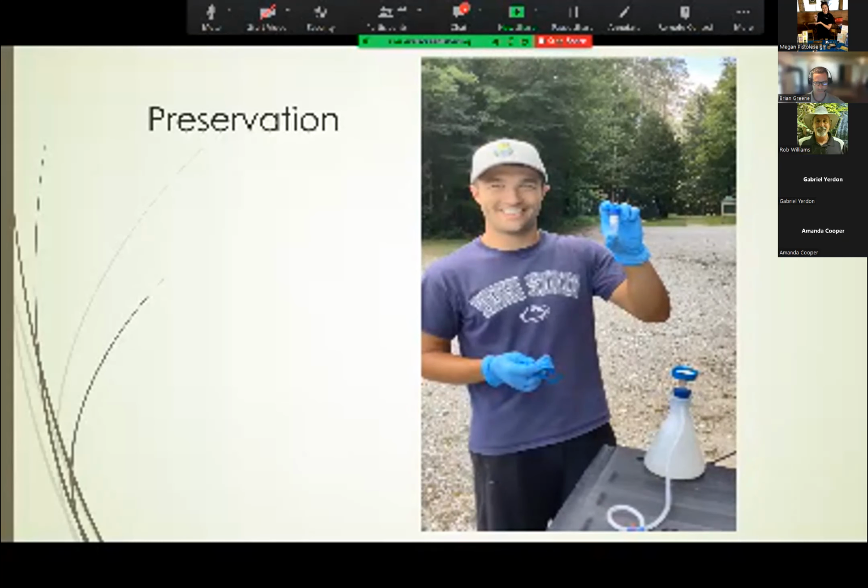So apologies if the video quality wasn't very good there, but hopefully that helped you to visualize the process a little better. As you can see, it is pretty straightforward. Our main concern is just to make sure there's no cross-contamination between sampling sites. And I'll just give a little bit of an overview of how the analysis works in the lab. I won't get too deep into it, but